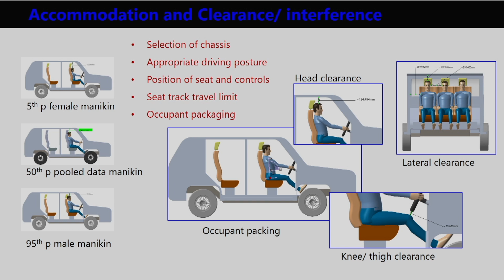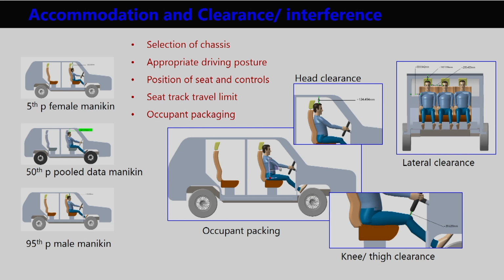Then after the chassis is finalized, we move to giving the appropriate driving posture to the drivers or other passengers and positioning them in that vehicle. For the positioning, as we mentioned earlier, the reference point is very important. So, we have to think about the control position. After selection of the chassis, we have to locate the position of the various foot controls: accelerator, brake, clutch. And when we are giving the appropriate driving posture to the driver and putting the digital human model on the